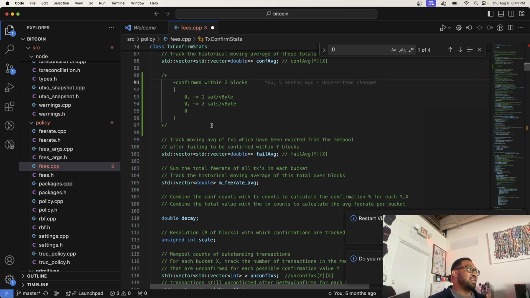So each period is a histogram representing the transactions that have been confirmed within 2 blocks after going into the mempool. And if you do multiple periods, you're looking at how the histogram changes over time. Well, not really, because one transaction can get counted in 2 histograms. The second histogram is counting all transactions that confirm within like 4 blocks. So a transaction that was confirmed within the first block is going to go in both the first histogram and the second histogram.